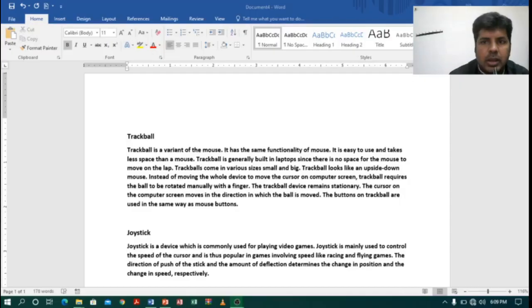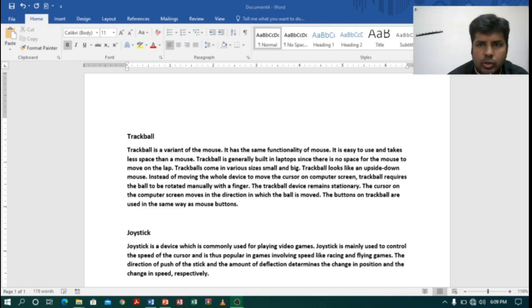Thank you. Coming to MS Word, today we are going to learn how to create a macro. So before creating a macro, let us learn what a macro is. Macro is a step-by-step recording process and it will record multiple steps and convert them into one step. So what it is doing, it will record multiple steps and convert them into one step. Nice, right? So let us see how it will work.